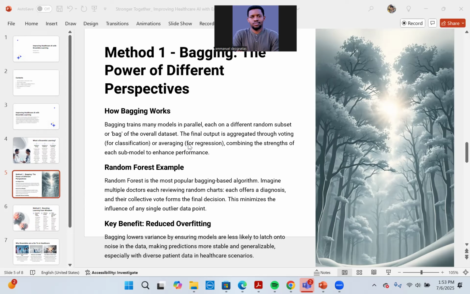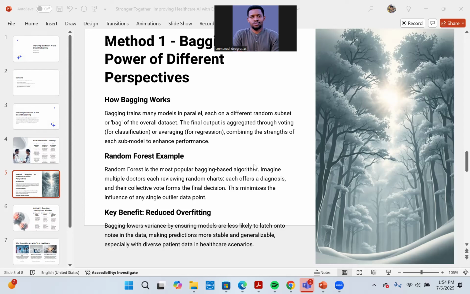Most of the time here we use random forest. One of the main benefits of bagging, as a method of ensemble learning, is reducing variance and helping to prevent overfitting. For more explanation,